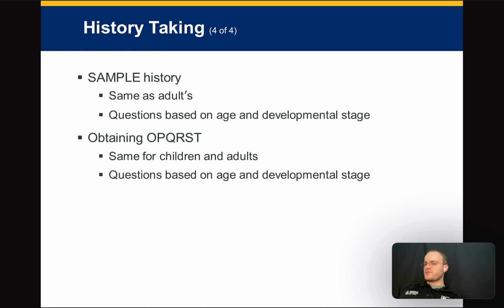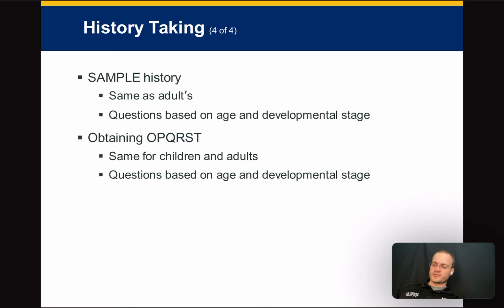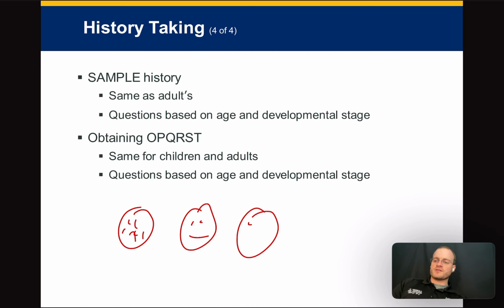So sample history, we've covered this. OPQRST, same as children. Now, something with children we can use is called the Wong-Baker Pain Scale, and you've probably seen this before, where it'll be like the crying face, and then a sad face, and then it's 1 through 10. And so basically, we'll use this to help. You could ask the kid, point to which one of these describes your pain, right? And so they'll point at the Wong-Baker Pain Scale. Okay.